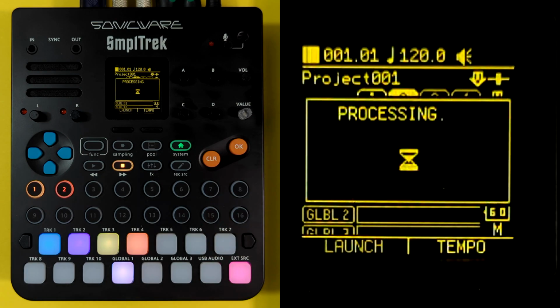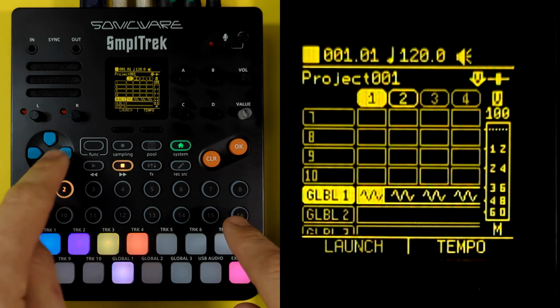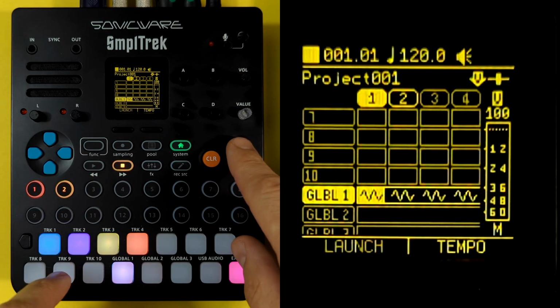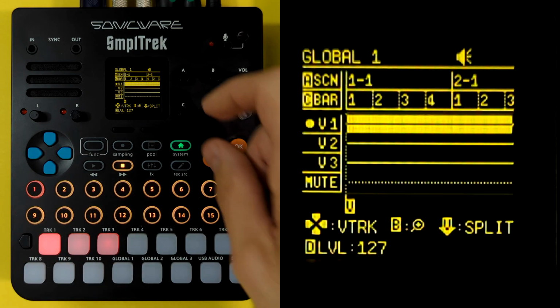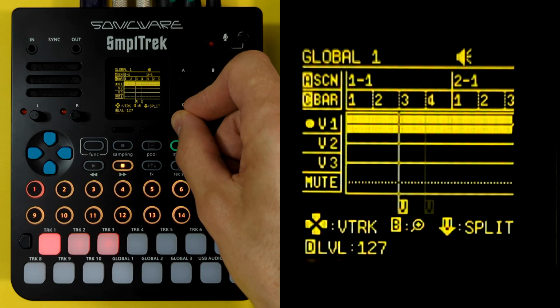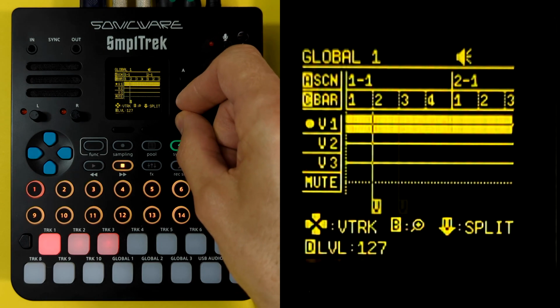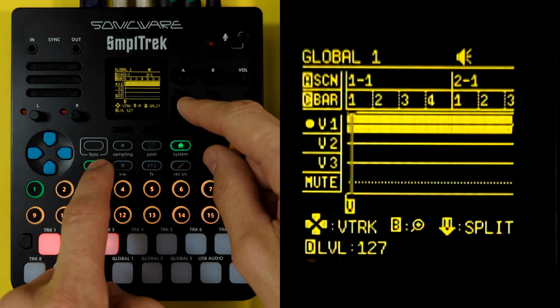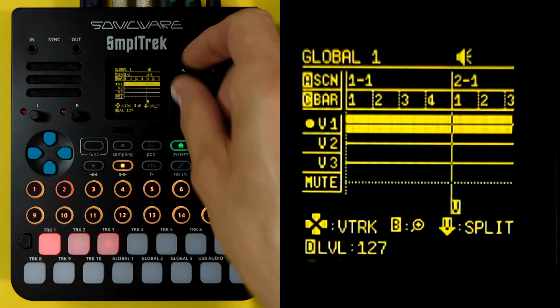So I'm just going to let that do its thing. So now that's finished, we've got the globals available as a big sort of waveform thing here. We can go into here, and this is our global section. So across the top you can see the scenes and bar numbers that we can move through using A and C. If I just press play from here, that's the first thing we made, and then if I skip over to scene 2,